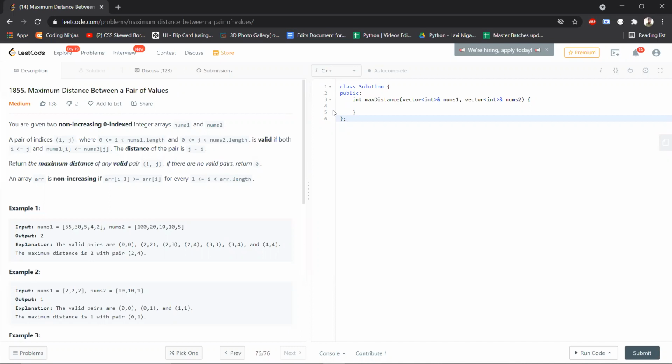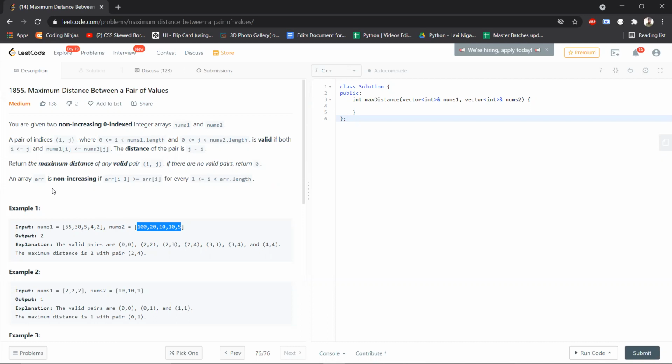Okay, so in this question, we are actually given two arrays and we are given a definition of a valid pair. So a pair of indices i, j is valid if i and j indeed lie in nums1 and nums2 respectively, and i is less than or equal to j.